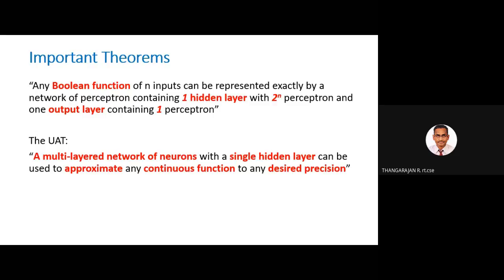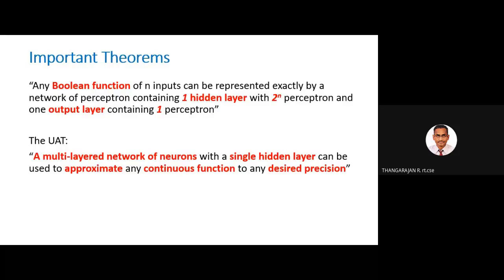See that you just need one hidden layer and 2 power n perceptrons, and one output layer. So you just need one output layer, one hidden layer. That hidden layer should have 2 power n perceptrons, okay, where n is the number of inputs. Given this, any Boolean function can be